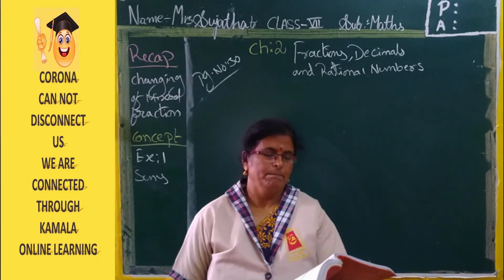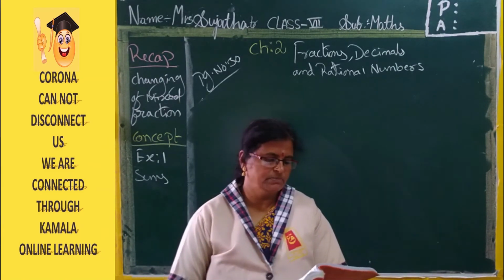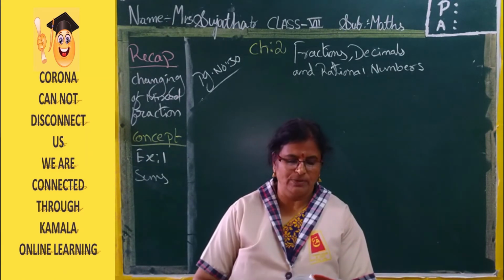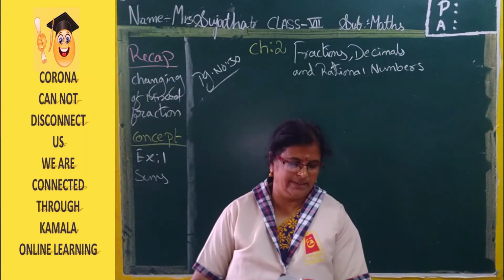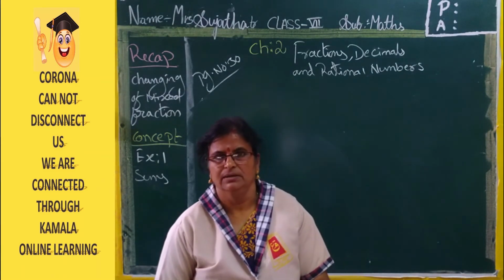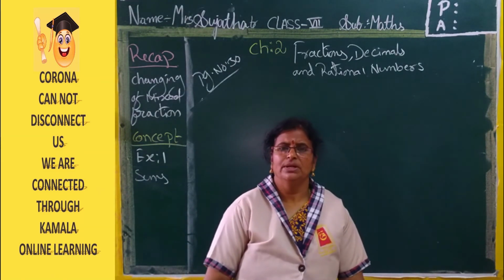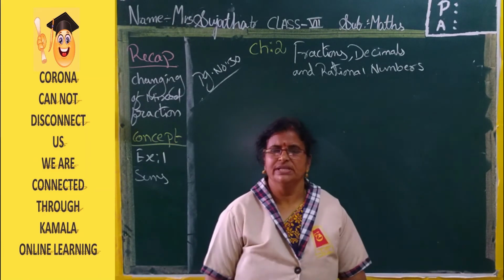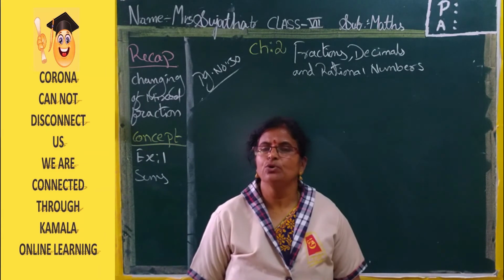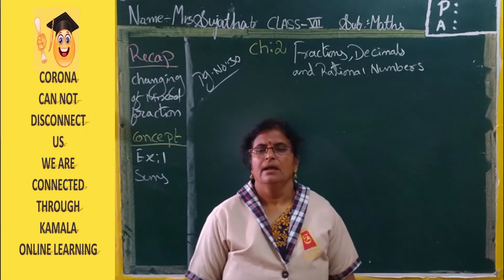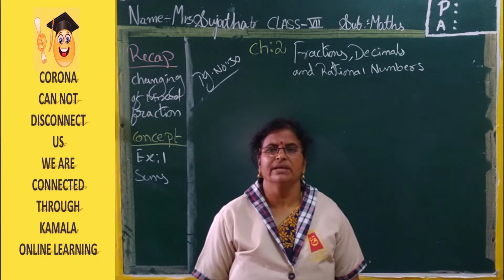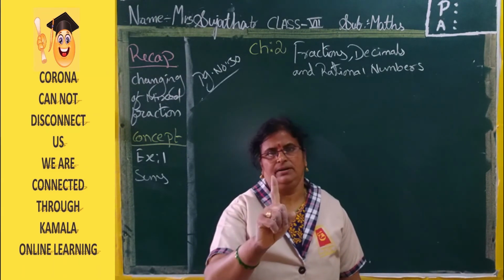Okay. Then sixth one. Abdul is preparing for his final exams. He has completed 5 by 12 part of his course content. Find out how much course content is left. Abdul is preparing for his exams, but he completed only 5 by 12 part of that content. But how much content will be there? Here the number is not given. So on the whole we can take it as 1.